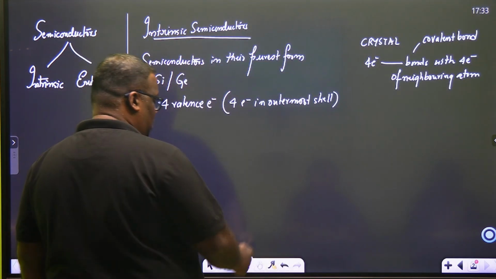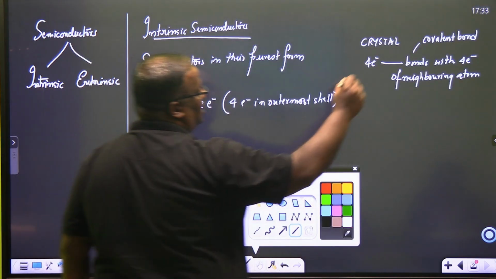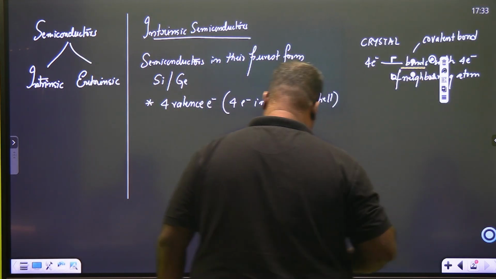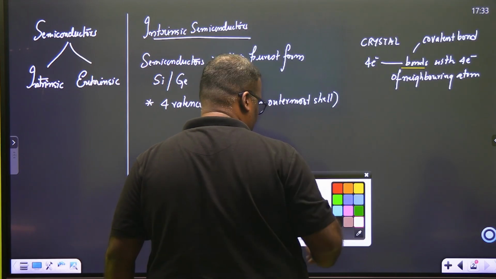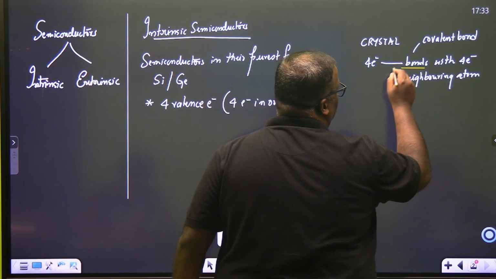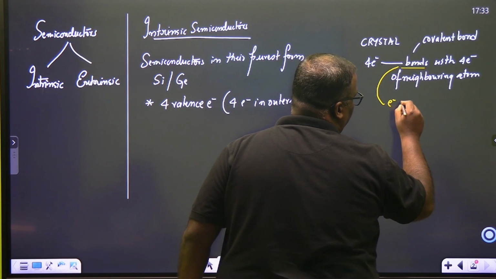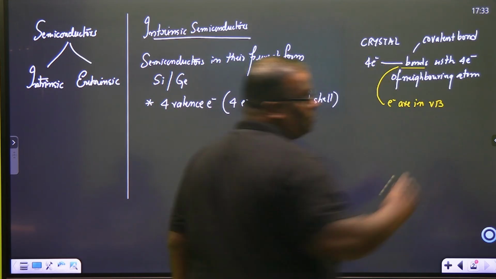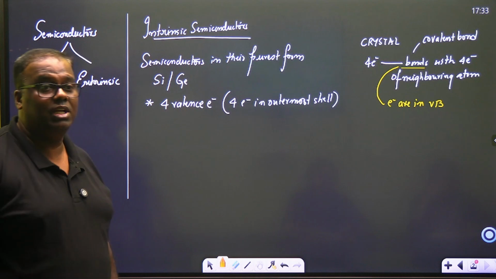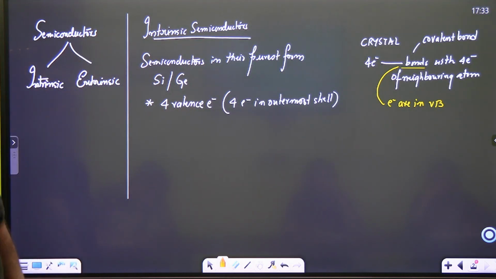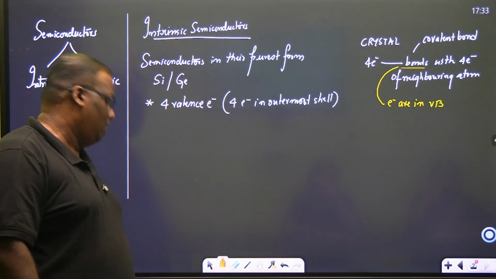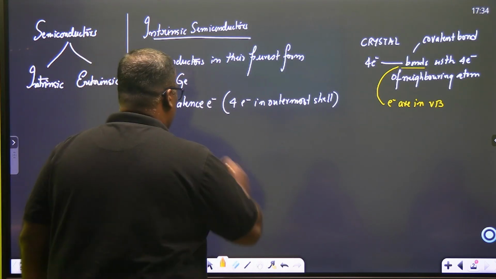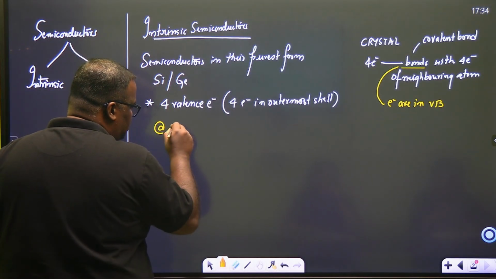Now, another thing that you should start realizing. When they are forming bonds, it is understood that the electrons are in the valence band. Obviously, because whenever an electron is in the conduction band, they don't form bonds. The bonds will be formed when they are actually in a valence band. So again, the same thing comes at absolute zero.